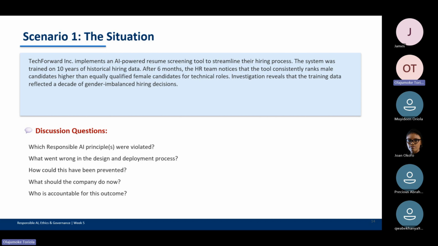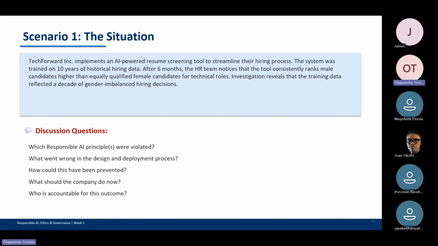Yes, so the model that we use, even the historical data, because the historical data is already faulty, just like James and yourself said. We shouldn't have even used that historical data that is already biased in the first place and does not respect any form of inclusiveness. So that shouldn't have even been used. If we had studied the data pattern, our hiring pattern in the past, we would have seen that this does not respect any female for a technical role. It is only male that it approves. So we should have seen that something had gone wrong.